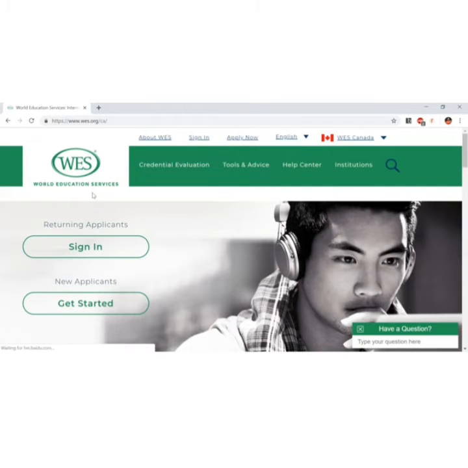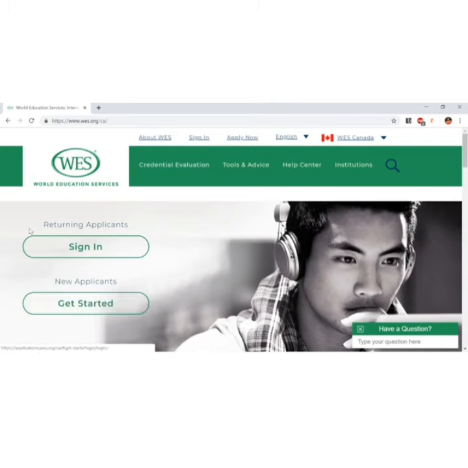So what WES does is, when you are applying for PR, you have to get an evaluation report, that your education, what you have done in a country outside Canada, is evaluated as per the Canadian standards. And WES, that is the World Education Services, is an agency or an authority which has the authority to do it.